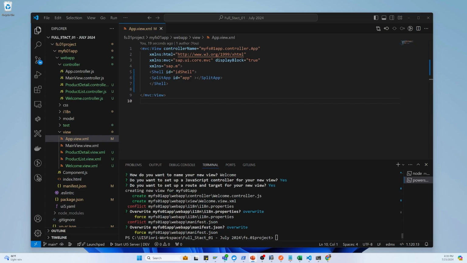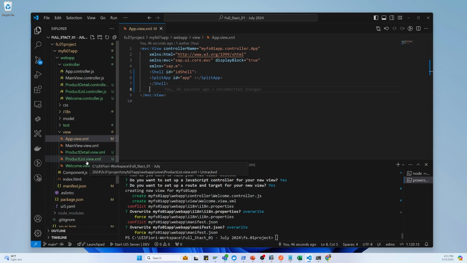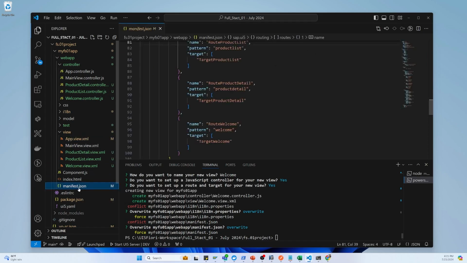So now our main objective is to add two pages. I mean that here we will put the product list, and here we'll put the welcome screen. Okay, so let's go to the manifest, because each and every configuration starts with the manifest. So now let's close this, and here